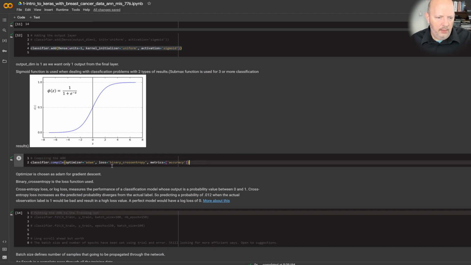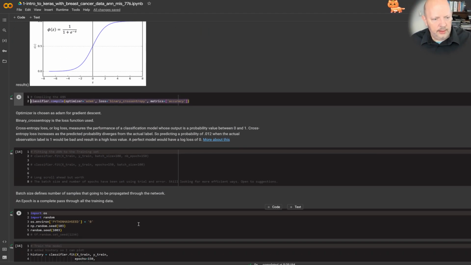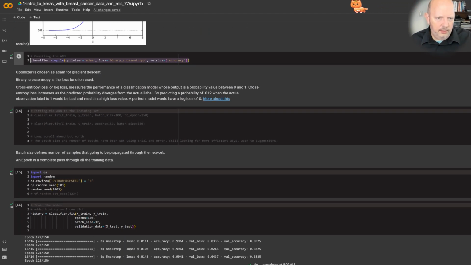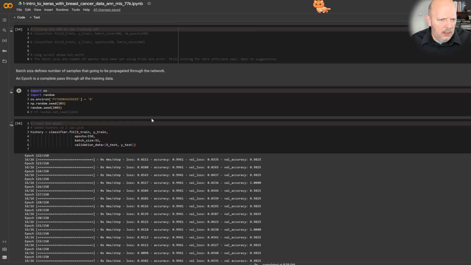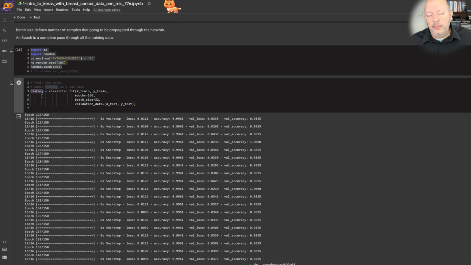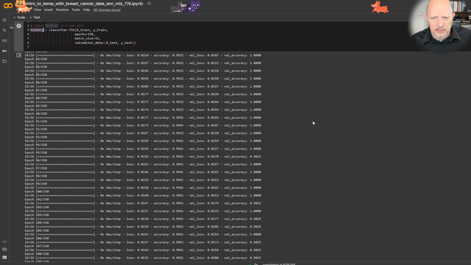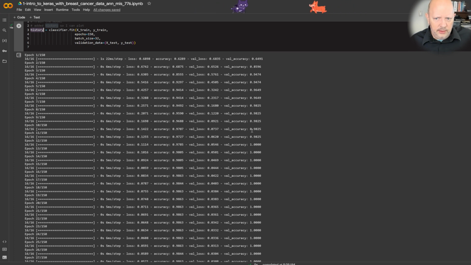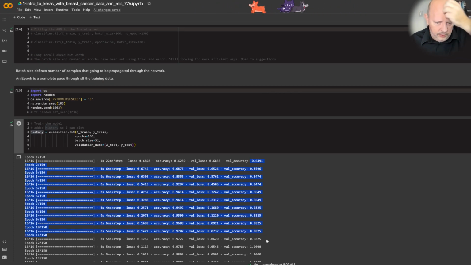Okay, how we're going to train or use the layers. It's a performance classification. Yeah, there we go. I just set some random seeds and did a lot of updating to this code. But basically, you don't need history. The only reason I'm using history in here is so I can plot and show you the graph of training versus validation. It generally starts off at 60, and you see it almost goes up to 100% accuracy in 10 epochs.